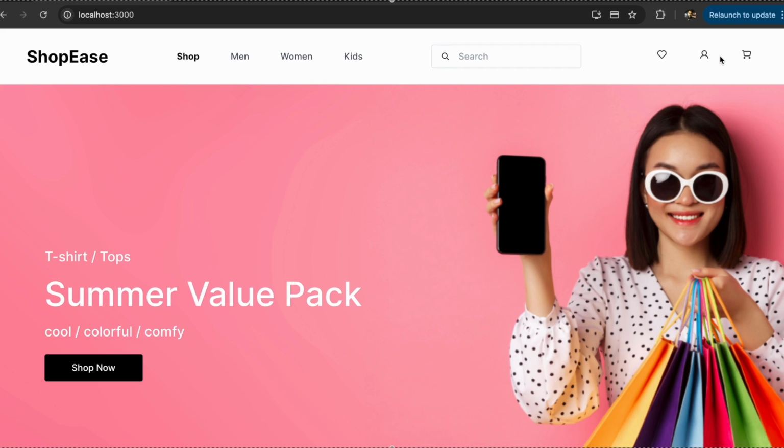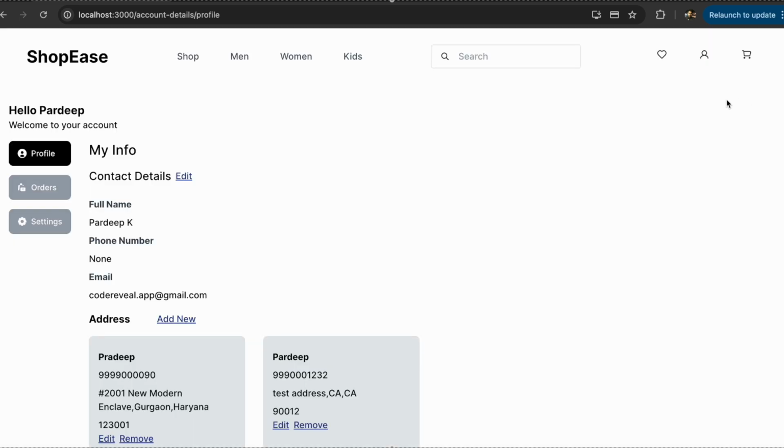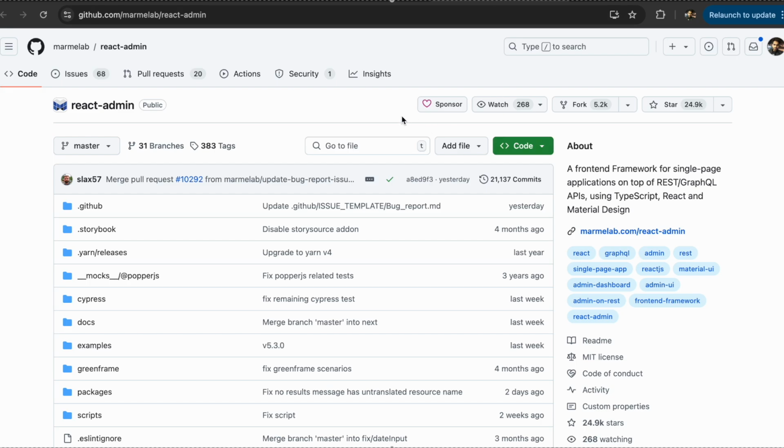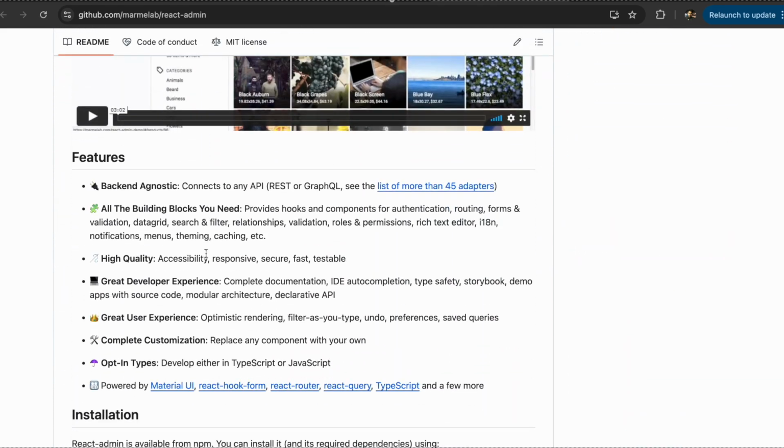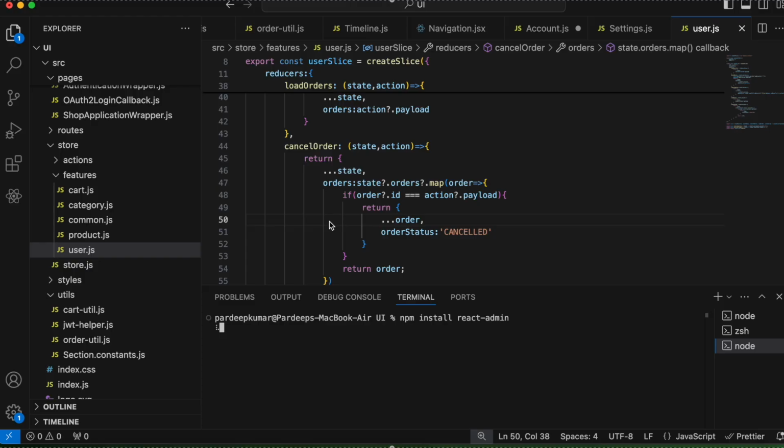When a user logs in to the application, and if that user has admin access, then that user will see a link to manage the admin, and in the admin panel we'll be able to manage products and orders. So the first thing that we need to do is npm install react-admin,